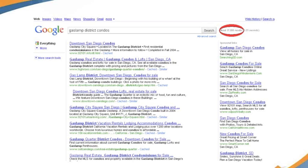And B, the chances of getting them into a property within the next 30 days are also much higher because these people have already done some research. They've already spent the 2 or 3 months playing around on websites with San Diego real estate as the keyword. Now they've identified their specific area. Now they just want to live in the Gaslamp District. So they're going to leverage this keyword and hopefully find your website if you specialize in that long